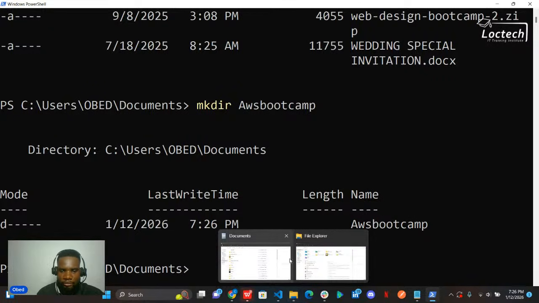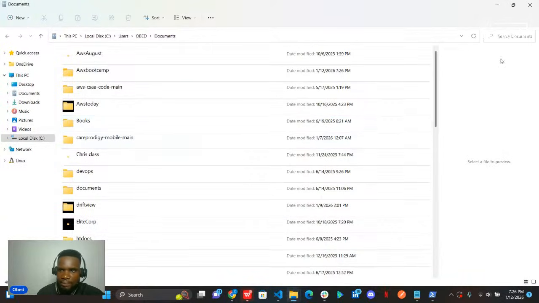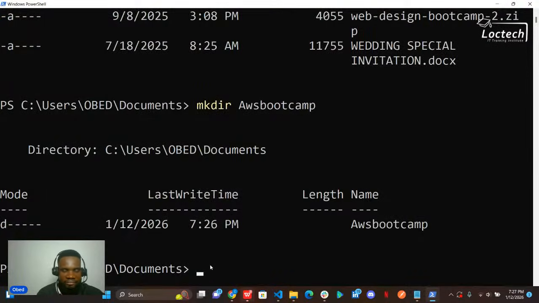Let's go and confirm the creation of that folder. As you can see, right here, I have AWS Bootcamp. Likewise, look at the time. This folder was created at 7:26 p.m., right? So we have created a folder called AWS Bootcamp. Now, what I want to do is move into AWS Bootcamp. I will simply do cd AWS Bootcamp.